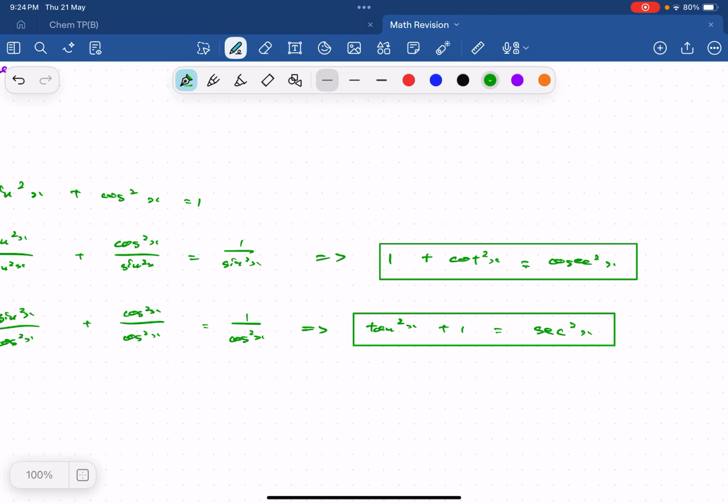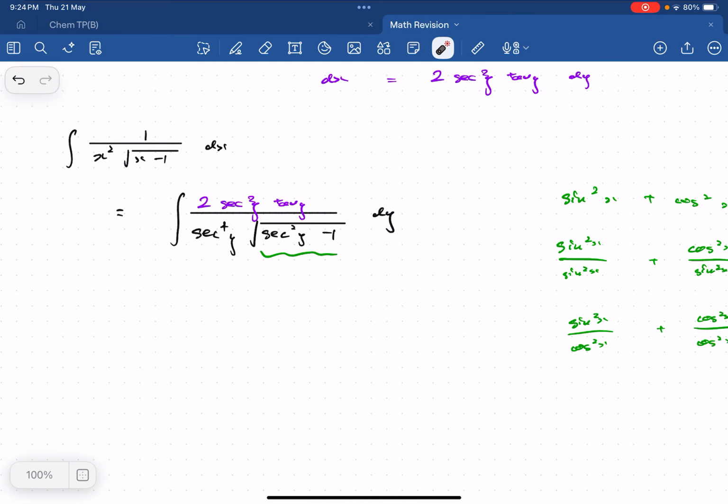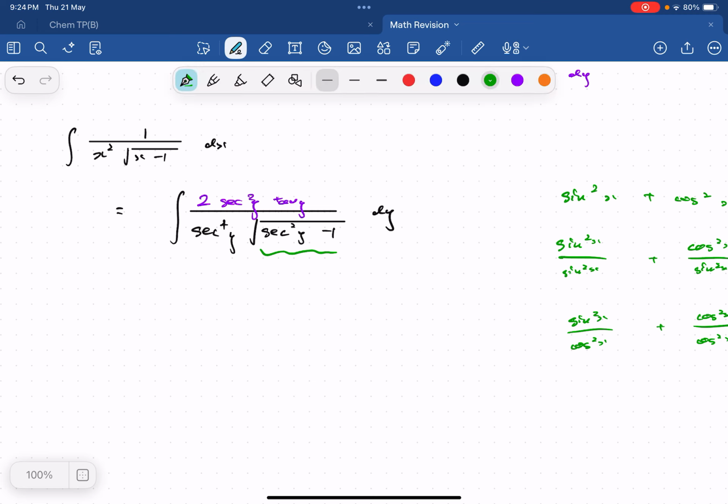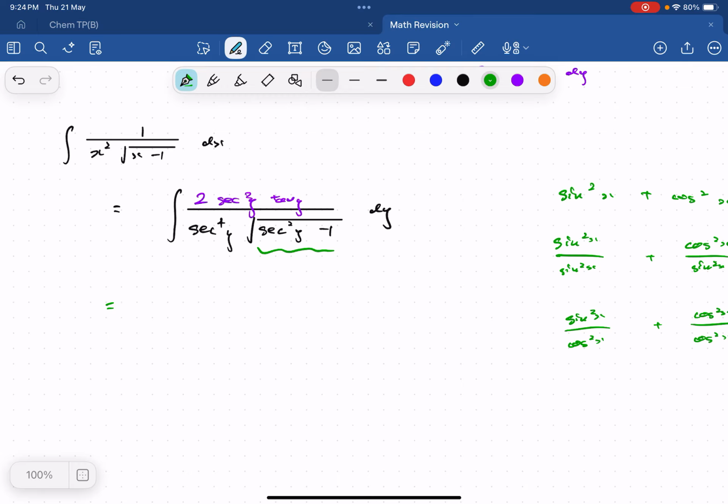Because if you think about it, especially the second one, this, you may not know how to integrate. This one, do you know how to integrate? Yes. This one, do you know how to integrate? Of course. So, in addition to being very useful in integration itself, this formula can also come in very handy if I am trying to simplify. So this thing will simplify to, I have a secant squared y on top, right? This secant squared y, and over here secant 4y. Now secant 4 is just secant squared. So actually,